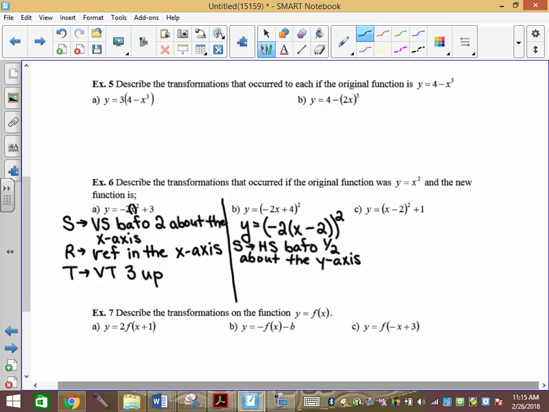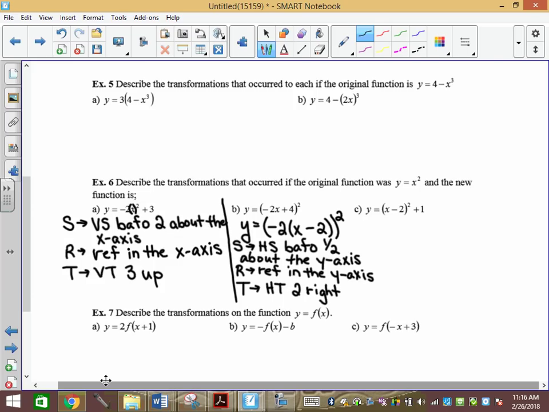Do we have a reflection? Yes, we have a negative in front of that too. So we have a reflection in the what? The y-axis. Do we have any translation? Yes, we have a horizontal translation to the